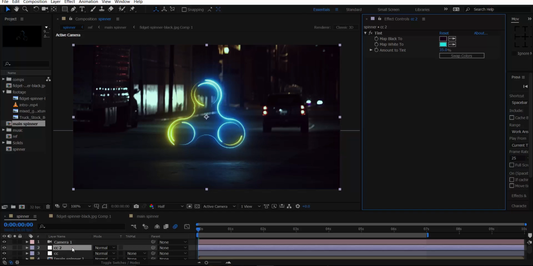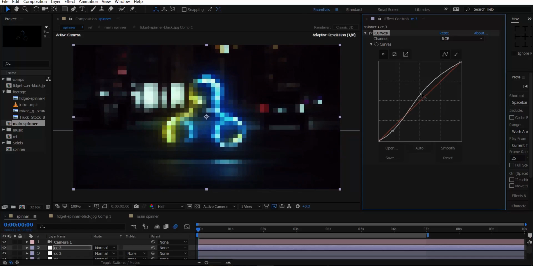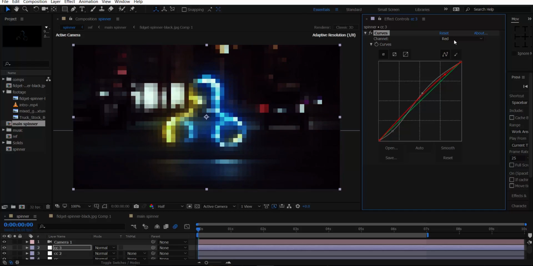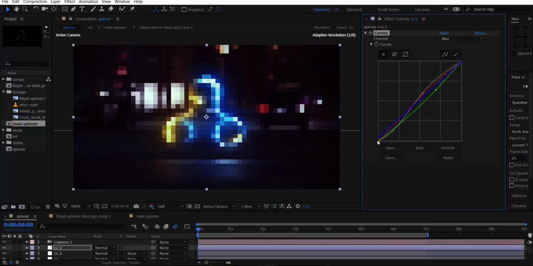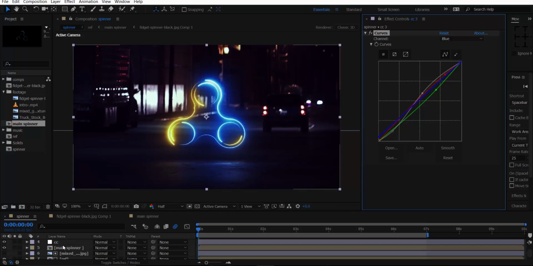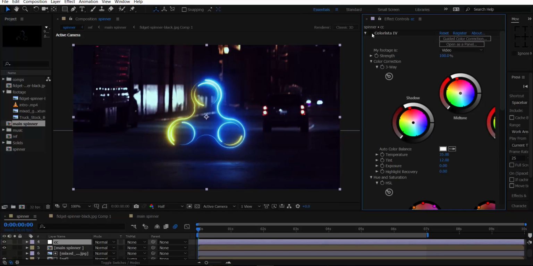So duplicate this one and add a curves effect. Like give down the green. So maybe our color correction is probably